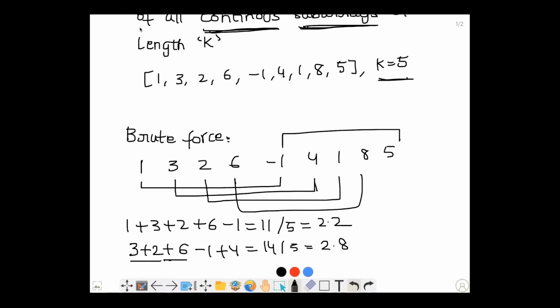What is the time complexity of this approach? The time complexity of this approach will be O of n into k. For all the values, we are going through the k length subarray starting at that value and computing the sum. So for each value, we are going through the k length array and computing the sum. Can we optimize it? If you carefully observe here, this portion of the